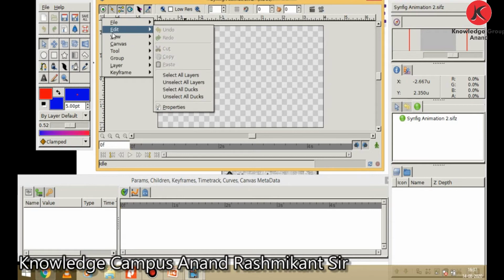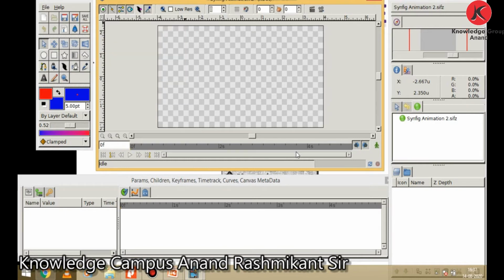Generally, in most applications, you find the menu at the top of the screen or at the top of the drawing object. You can also see the timeline, which appears only when you have non-zero duration in the settings dialog of your project. To the left you can see the number of the current frame, and on the right side two buttons to switch the animation status and to lock or unlock the keyframe.